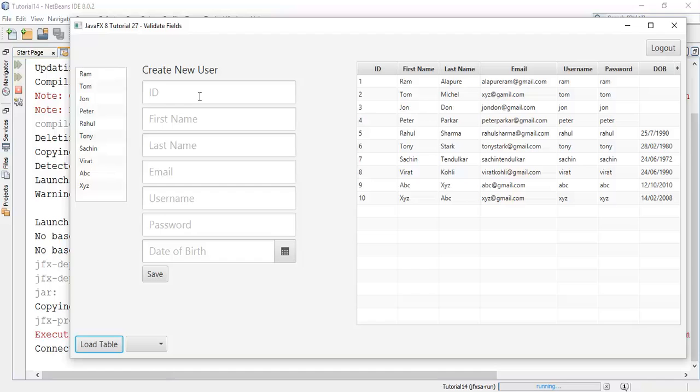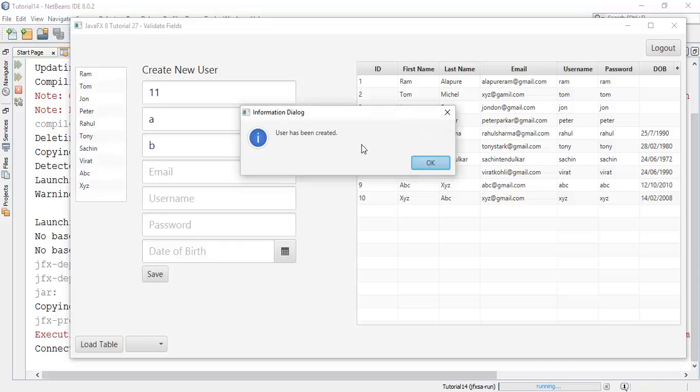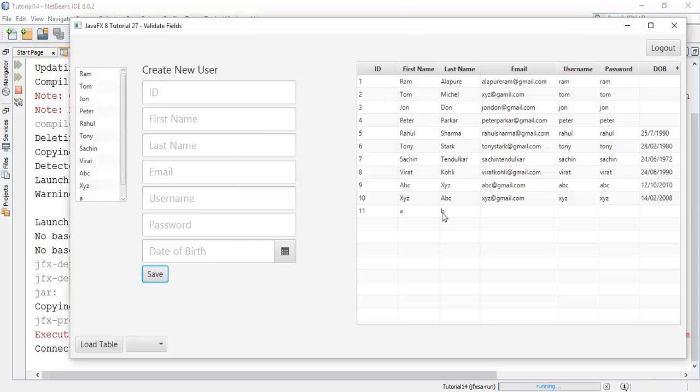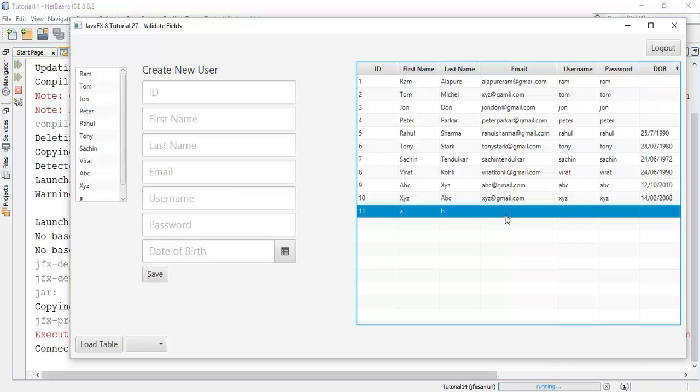So here we can see these are some fields. When we create any user, say user 11 with the first name A, last name say B, and when we save this, it adds into the database, and the email, username, password, and date of birth fields are empty.